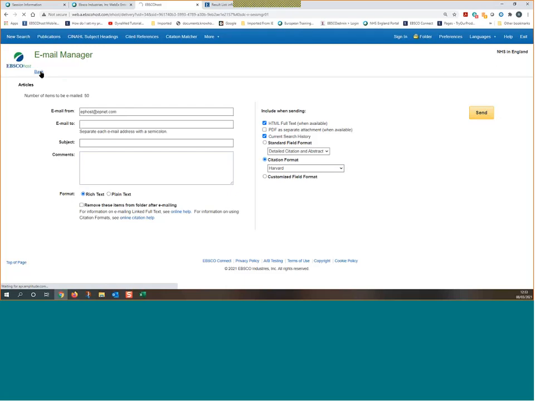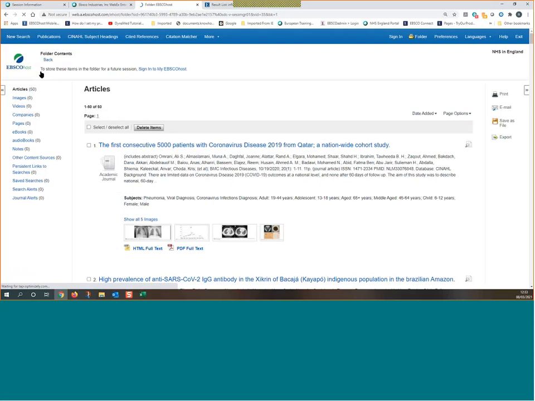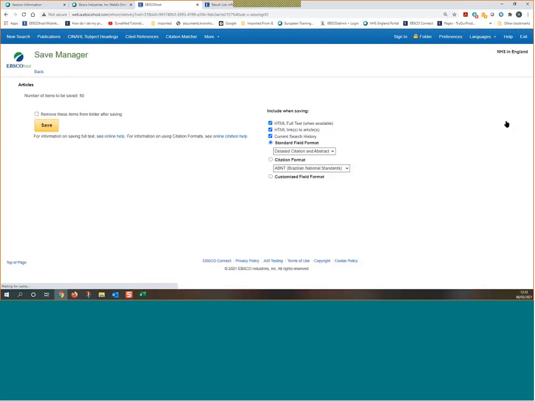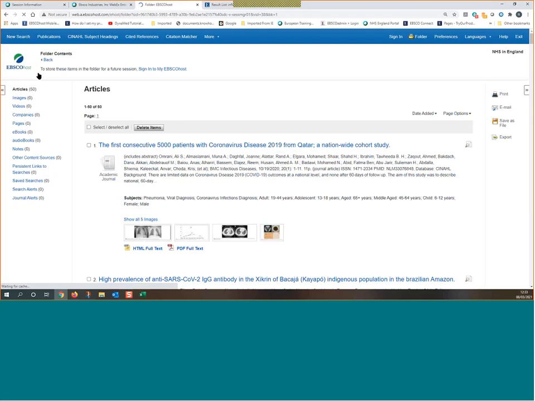Again, at the moment, we use the folder to just store information before we process it. However, there is the option to also sign in. So you've got the Save As File option again, and that's really relevant to Internet Explorer, okay? And again, you can include the HTML, the links, current history, and so on. So if, for example, you wanted to save this beyond the session, maybe you're continuing the search, again, you're advising a user that they need to sign in to store items beyond the session, then what you can do is click Sign into my EBSCOhost,